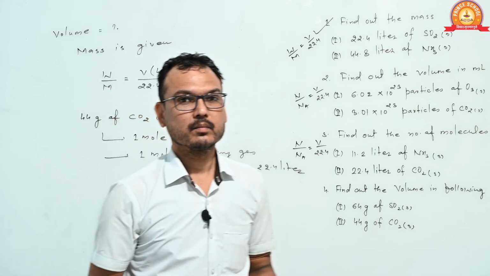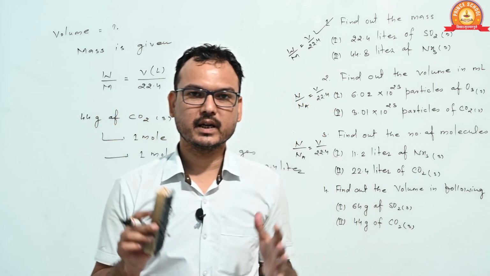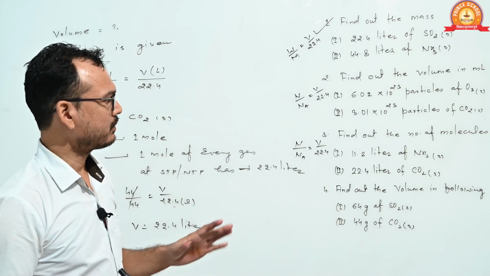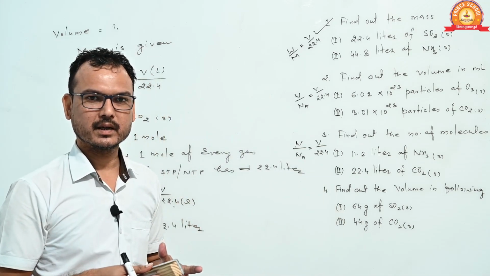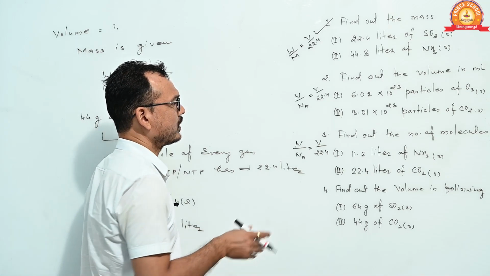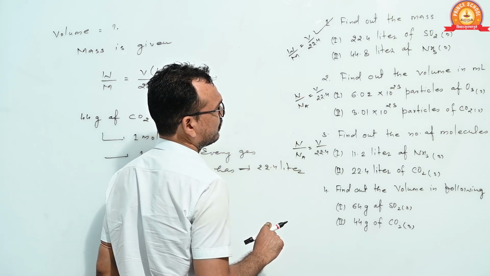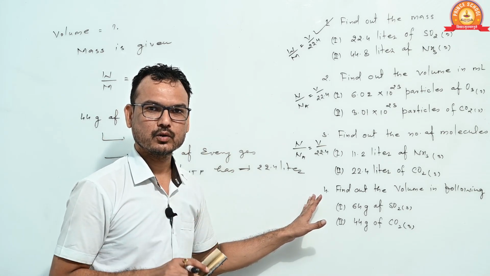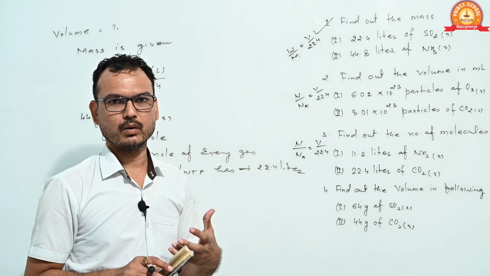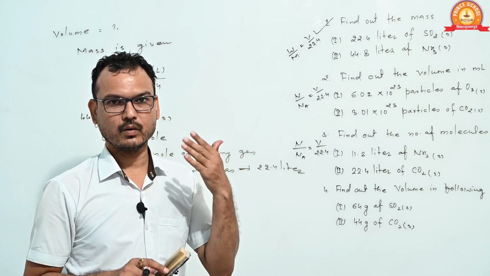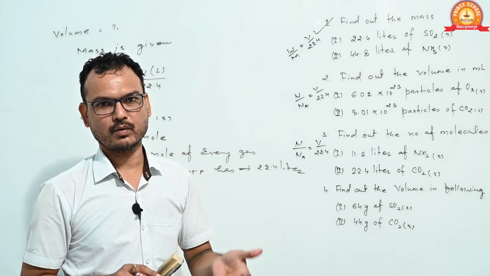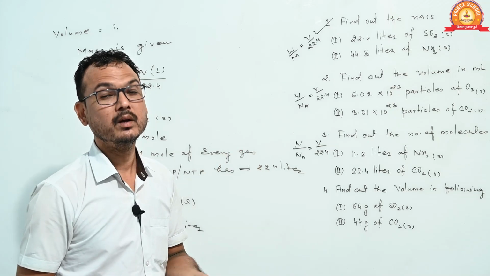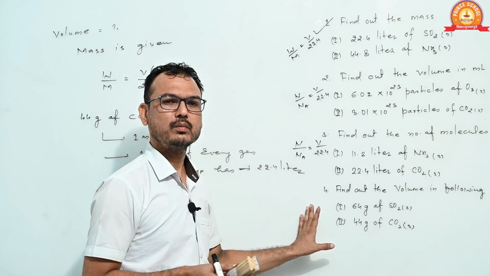This is the way by which you mix all three types of formulas for calculating the number of moles. ये आपके पास 3 फॉर्मूले थे जिनको आपने मिक्सअप किया था. बाय यूजिंग द वन फॉर्मूला टू अनदर फॉर्मूला वी इजीली कैलकुलेट द नंबर ऑफ मोल्स. क्लियर? And you are also capable of calculating the number of molecules, number of atoms, number of neutrons, protons, electrons, number of oxygen atoms, hydrogen atoms, nitrogen atoms, carbon atoms in molecules that have these atoms.